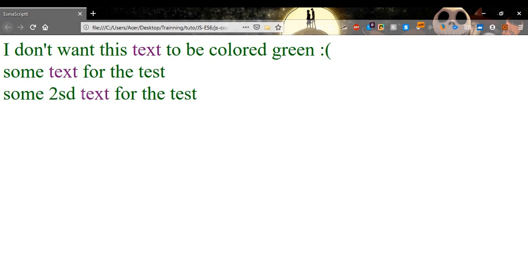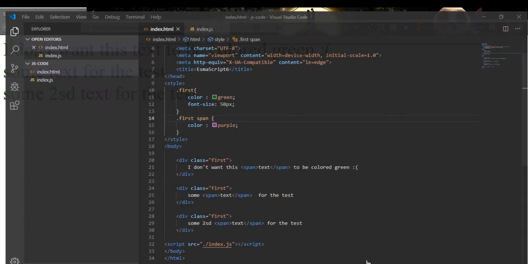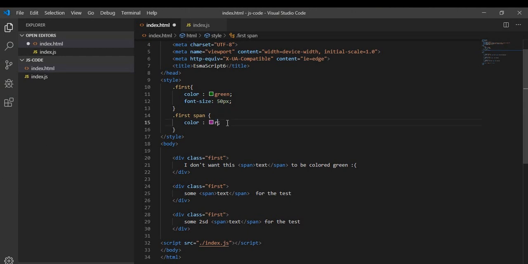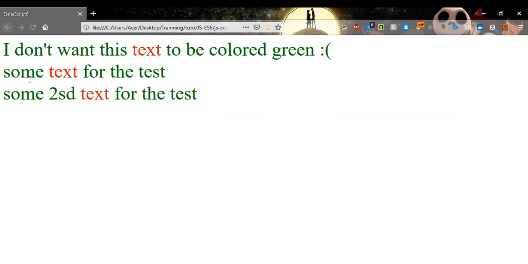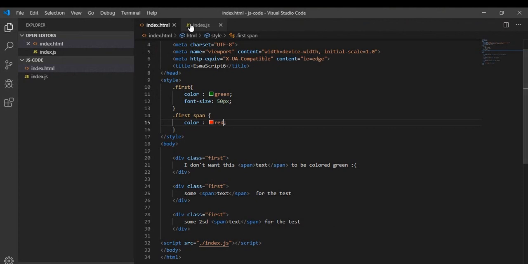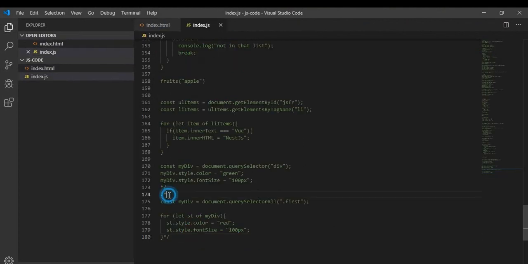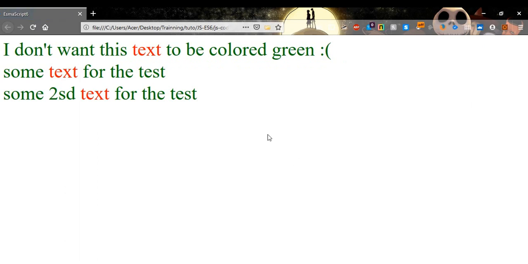We see here that the texts are in a different color. Let's put them in red so that you can see them better. Red. Go now and refresh, and here it is. If you want to do the same thing but in JavaScript, you can do this here: first, and add span, and use them also in red and give them just 15 pixels, for example. Now let's go refresh,